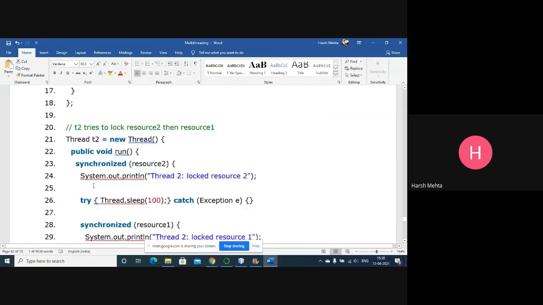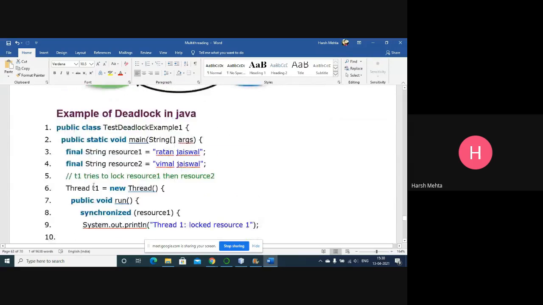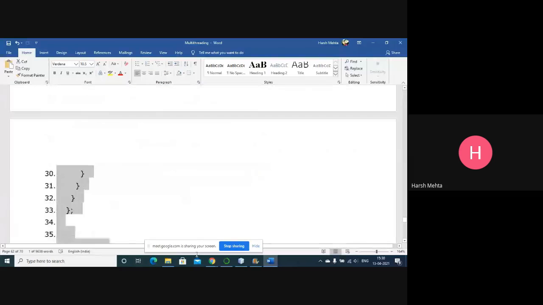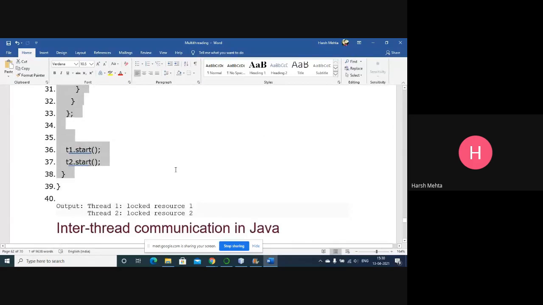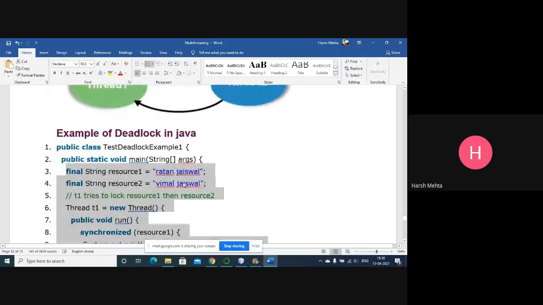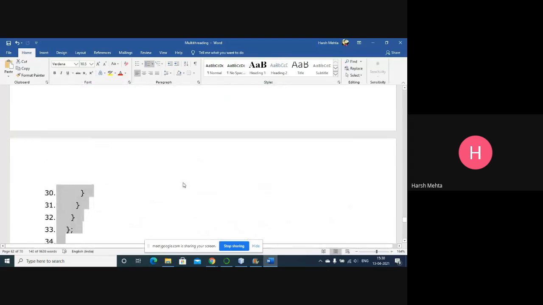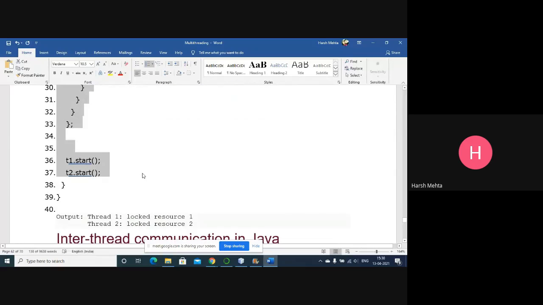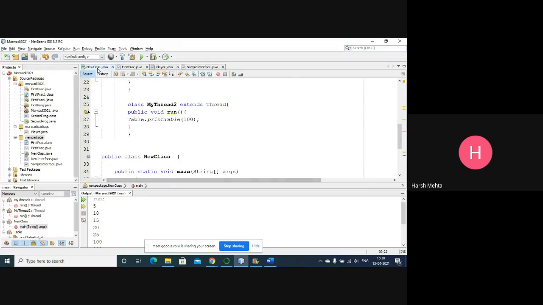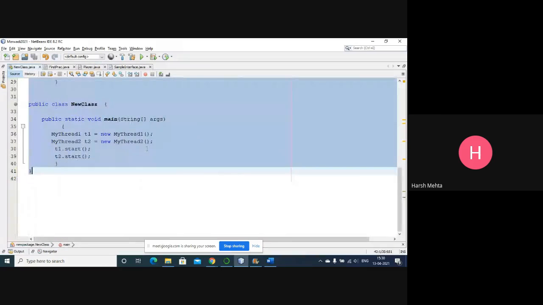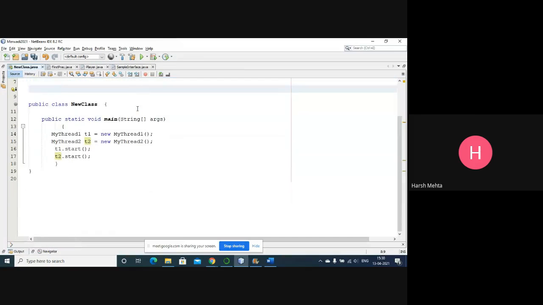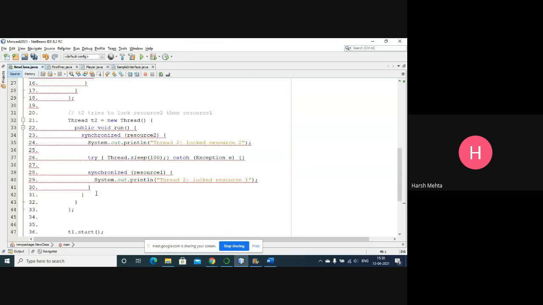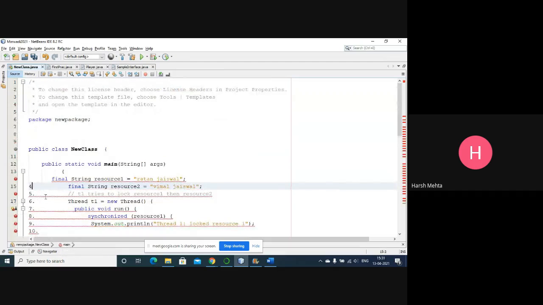Okay, we'll see the example. Okay, let me, yeah, the example is not that long. Let me copy paste this.